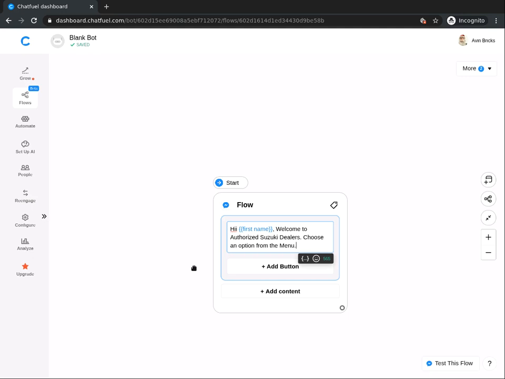And now we are going to create our menu. Now we are going to use three buttons for the menu section. Every customer is different and they are at different stages of the customer journey. There should be something for every visitor. The first one will be those visitors who want to buy a Suzuki car. So one button for them that says book a test drive. Now these customers that click on this button are very ahead in the customer journey. They have already made up their mind, they have done the research. These are hot leads and are extremely important, and must be